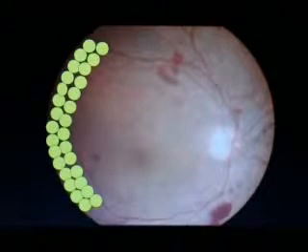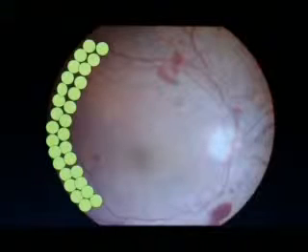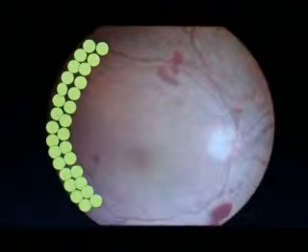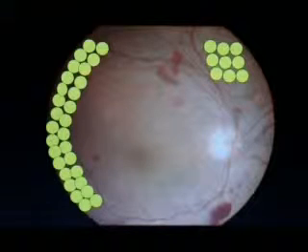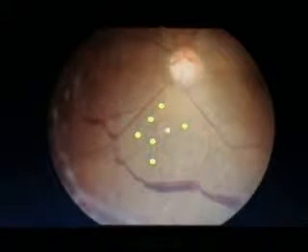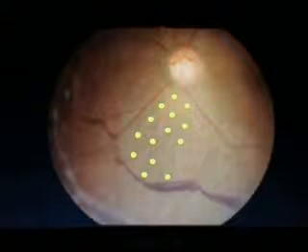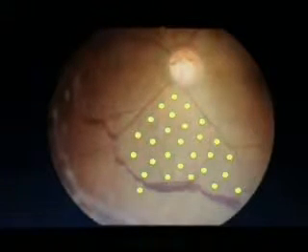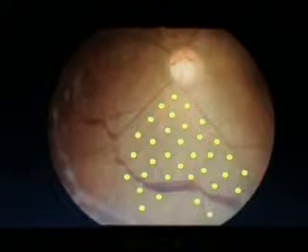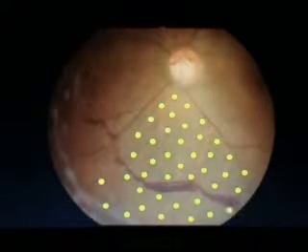An area of 500 microns around the nasal disc margin is also avoided to minimize thermal papillitis. Some prefer to place a row of burns 2 disc diameters temporal to the fovea first to avoid inadvertent macular burns. A grid of laser spots similar to a pattern scan laser may also be placed using this animation. In patients with early vitreous or preretinal hemorrhage, the inferior quadrants are first treated, as this zone may later become inaccessible if a dependent vitreous hemorrhage were to develop.